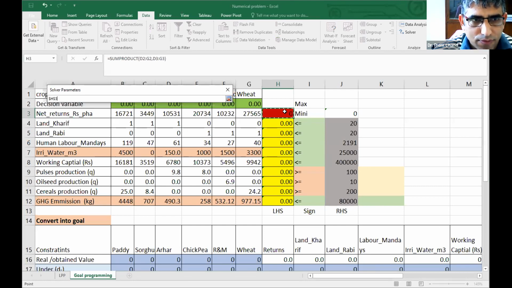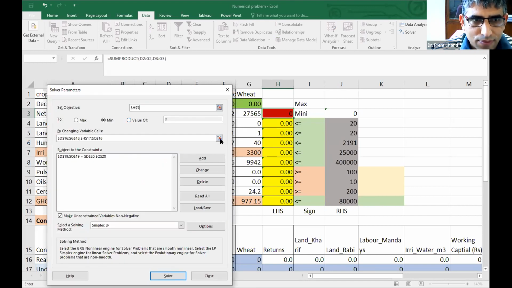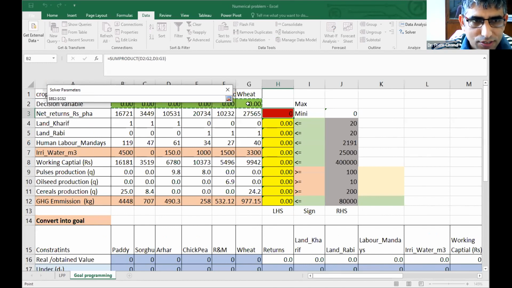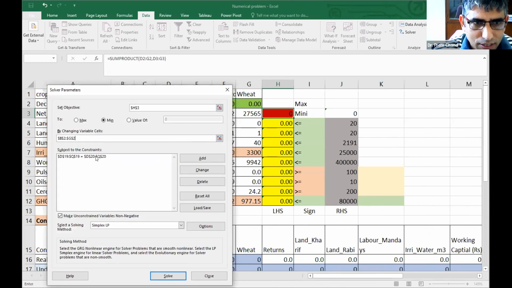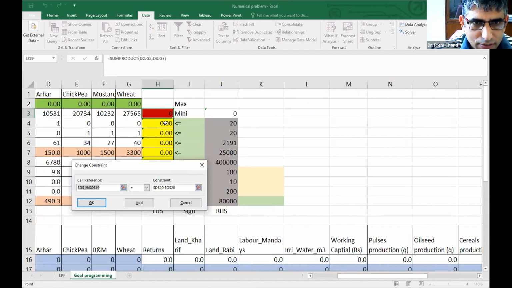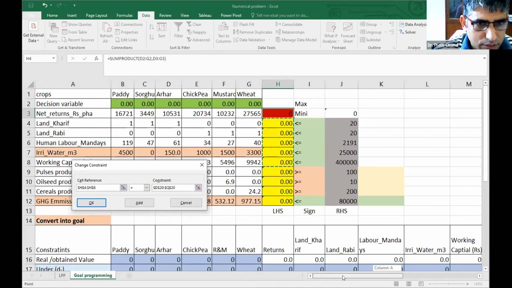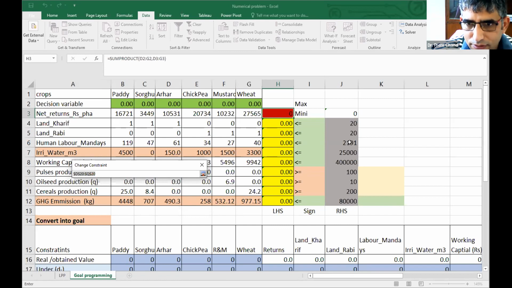maximize returns by changing my decision variables, by changing these, subject to the constraints that my water, then this one land, and then working capital, and then I will also select this one should be less than or equal to this row,